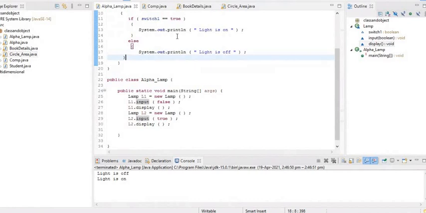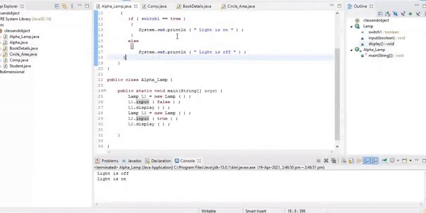It will print the else statement, light is off. Then we have created another object reference L2. So it will compare L2.input true with the if statement, and it is true, so it will print light is on.